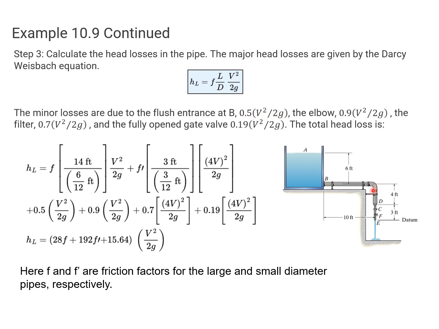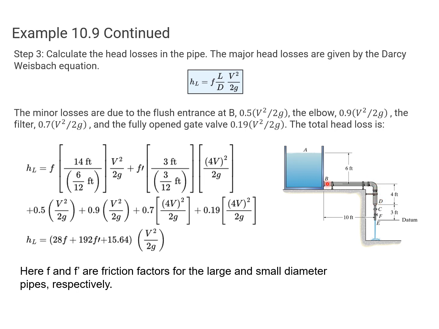It's got a 90-degree elbow, so that's 0.9 V squared over 2G. It's got the filter, so we were told that's 0.7 times V squared over 2G. And it's got a fully open gate valve, so that's 0.19 V squared over 2G. So all of these values, you'll be given tables on an exam to look these values up. You just have to pay attention to the wording of the problem and find the appropriate